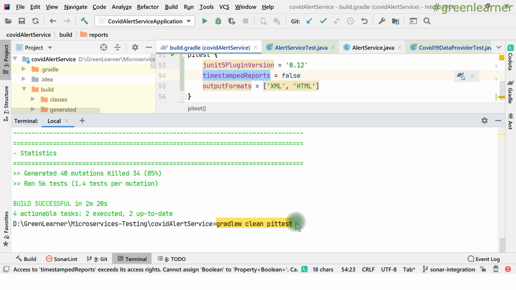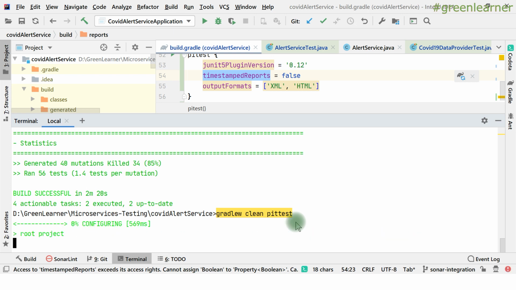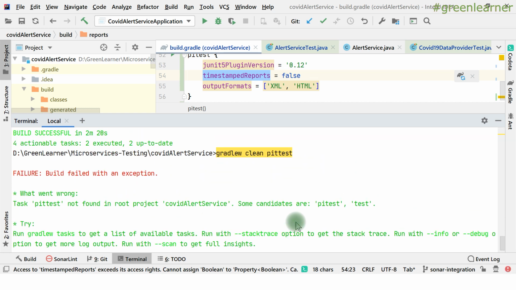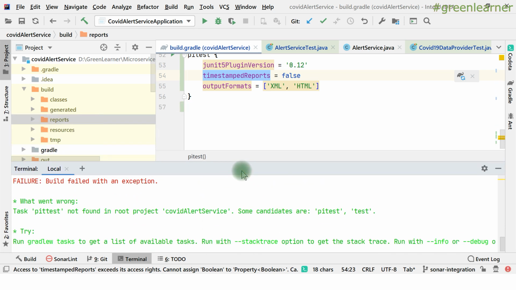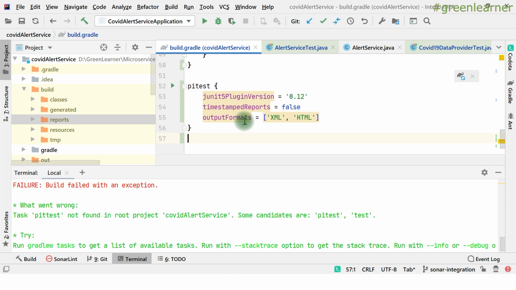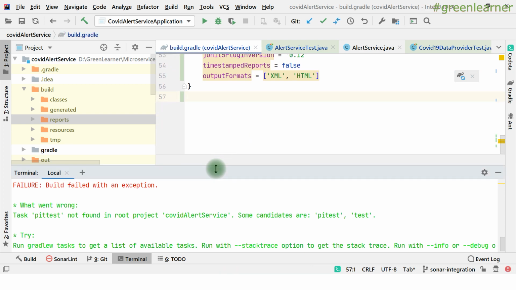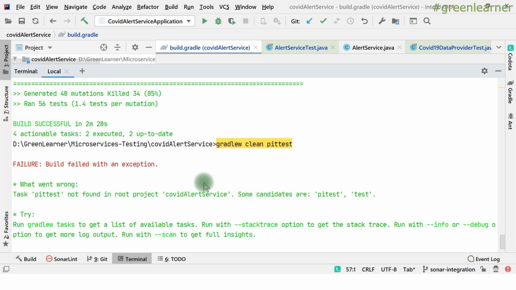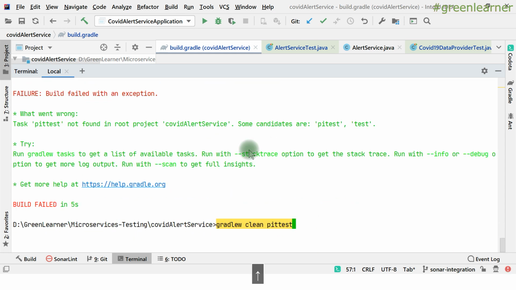I'm not focusing on Jacoco right now, just pitest only. Okay, this task name was incorrect, so it's pitest.